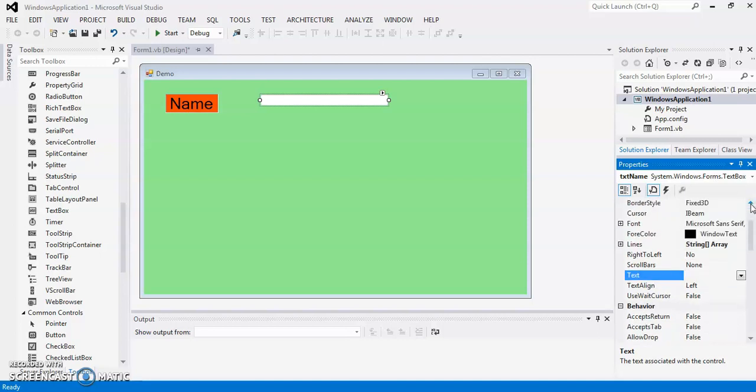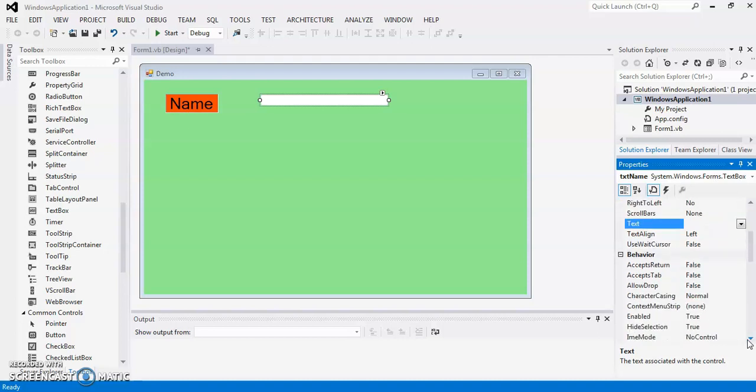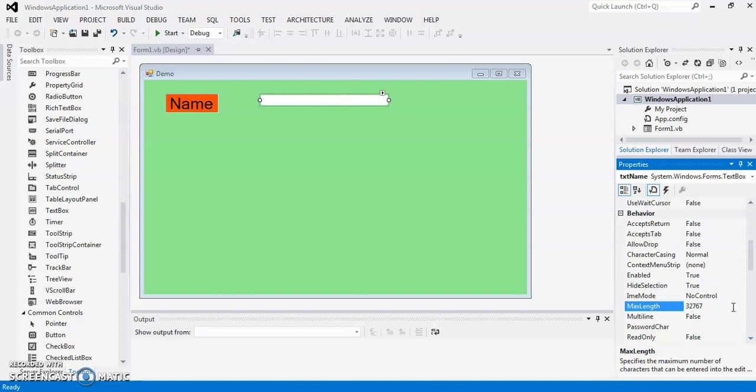Some other properties: you can also change the font, and the font color like the label. There is also a property called max length. The max length property decides the maximum number of characters you can enter in the text box. The multiline property allows you to enter the data on multiple lines or not.